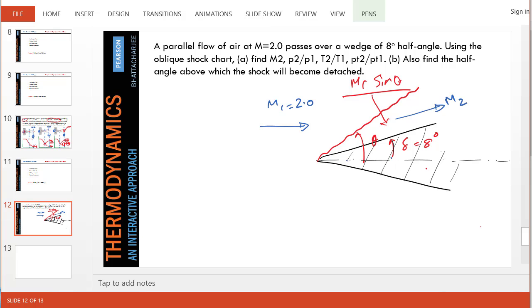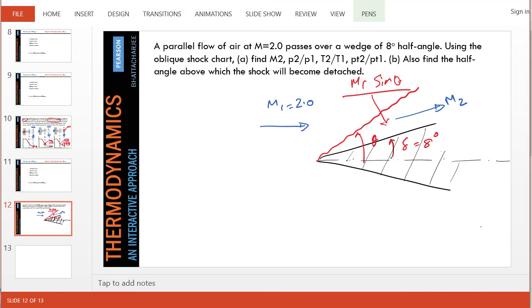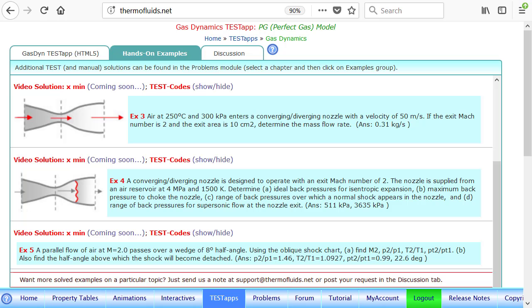So given the delta, our strategy would be first to calculate theta, then find the Mn equal to M1 sine theta, and then use the shock table to find the given ratios. So let's go, and